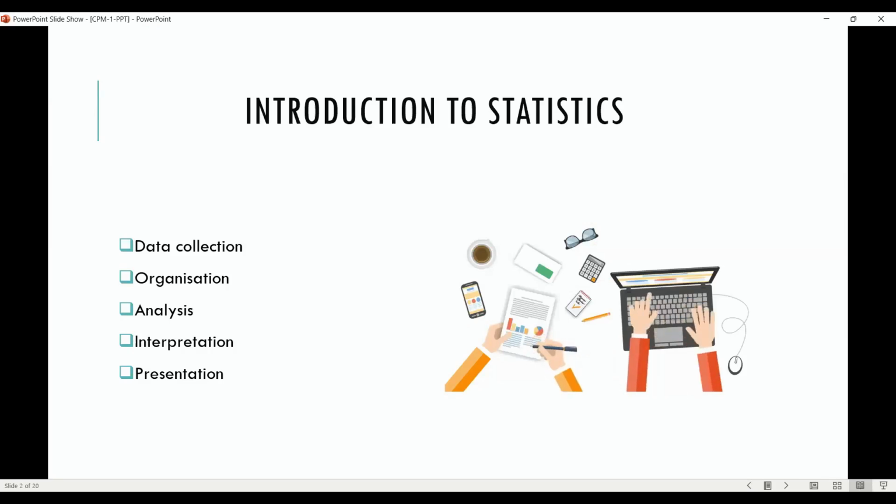So when it comes to study, when it comes to making a research, this is what we all do. Generally, we make data collection and we organize or scrutinize it in such a way that it is ready for analysis. Once analysis is done, we make interpretation, we make presentation. So this is a proper protocol, and there is nothing big different.